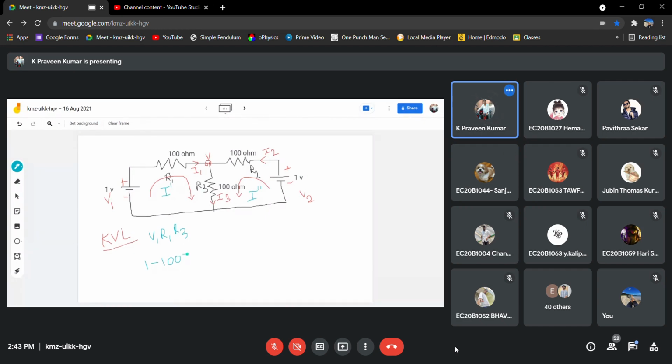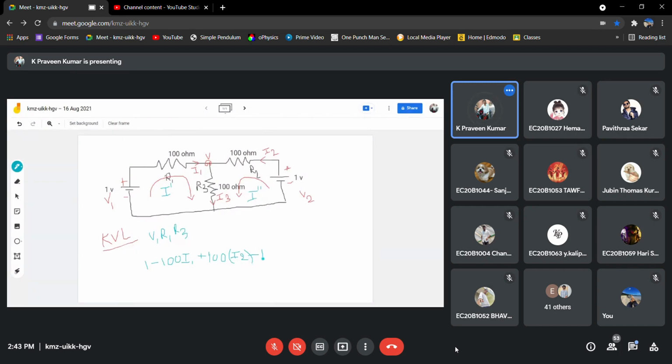100 into I1, plus 100 into I2, minus 1 volt. 100 into I2 minus 1.